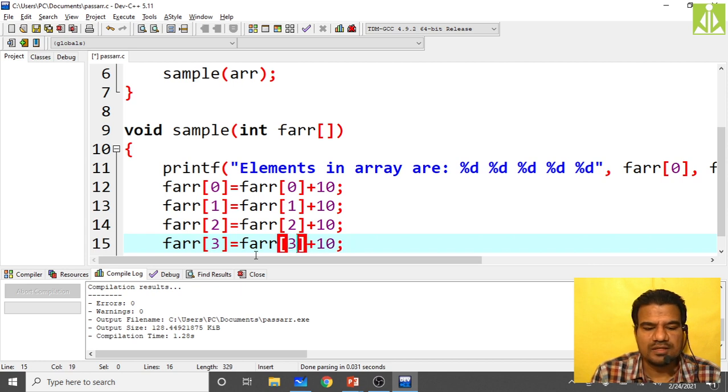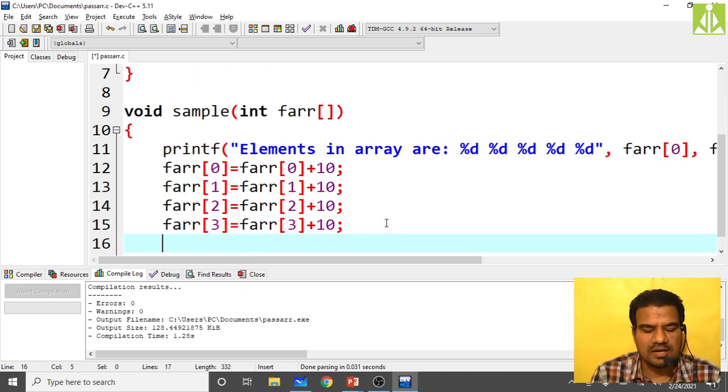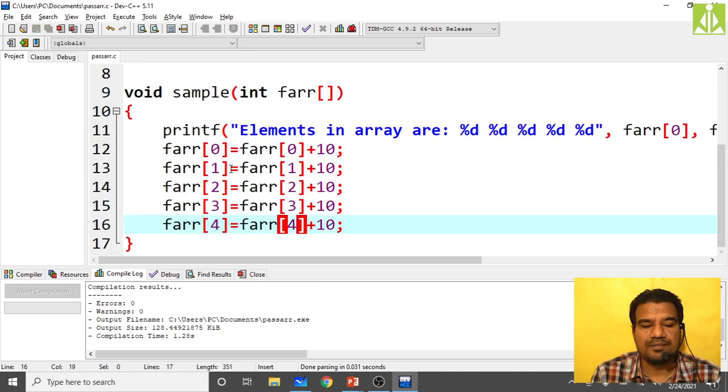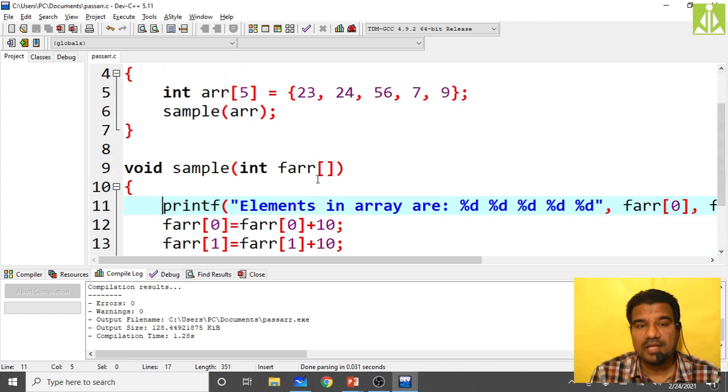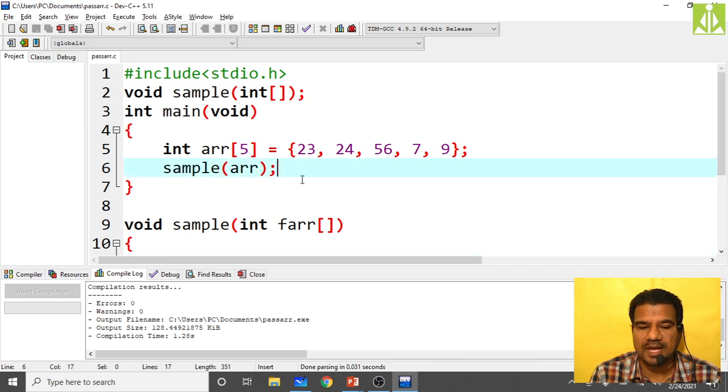Formal array of 3, like this. The next element, third element, fifth element, formal array of 4 and formal array of 4, like this. Just save this. And is it going to affect my actual parameters in the main function? That is nothing but in the calling function, means yes, it is going to affect the actual parameters, because passing the entire array is something like call by reference mechanism.